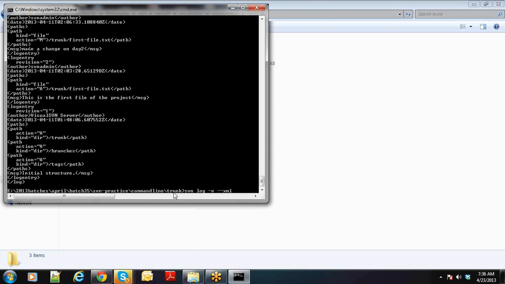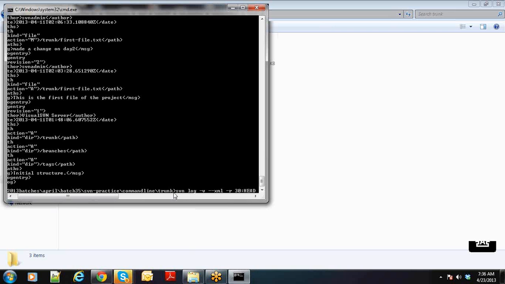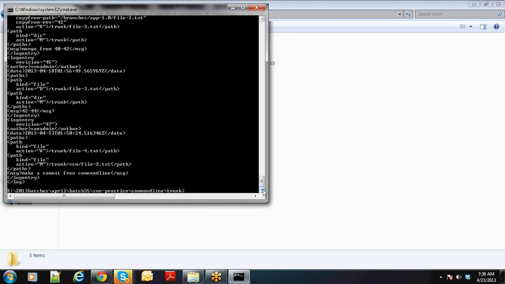Suppose you know that 1.0 is up to revision 30. Suppose you want to take all revisions from 30 to the latest, 47, or you can also say HEAD. You see this A:B format. This is how you give a revision range. You can take the log for a particular revision range as well. You can see the log messages starting from